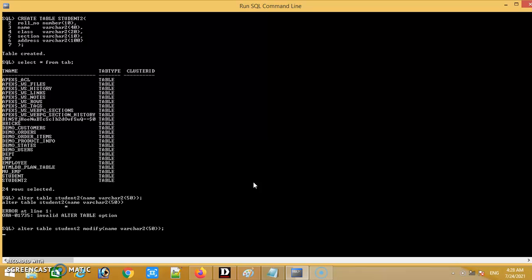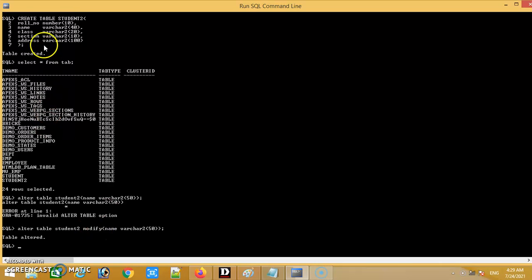Now let's enter. See here, table altered. Because you are defining the new structure of the column, you have to use modify. So alter table name and modify, you are modifying the column definition. So column name and new data type and size.